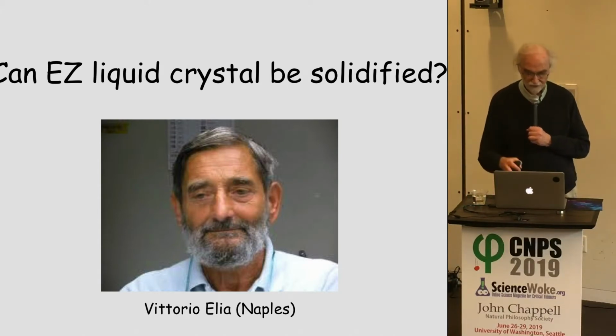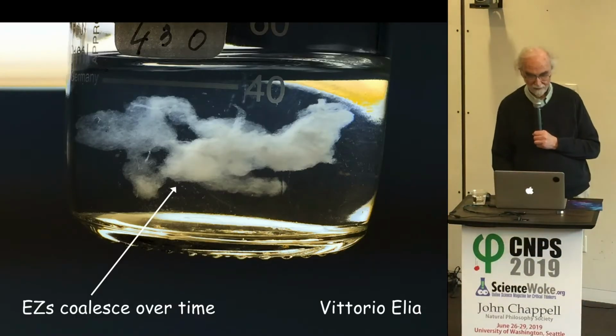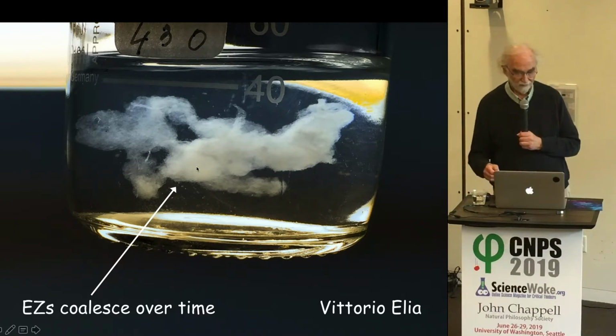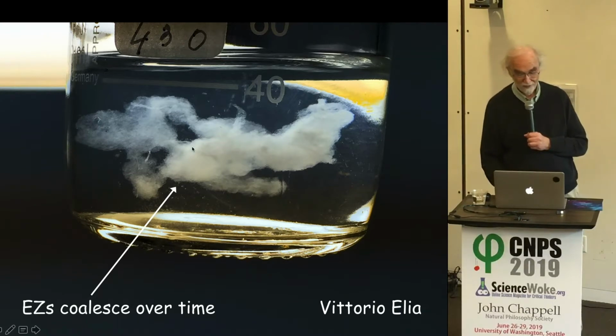And if she dumped it, or they dumped it into a beaker, after some time, you got a structure like this. And so this is clear water, as you might expect, but right here is a cloud-like structure that presumably contains the EZ material. You wouldn't get this if you had pure water. So this presumably is EZ, and it's not a coincidence that it looks like the clouds in the sky, because I think the clouds in the sky, different subject, also contain EZ water.